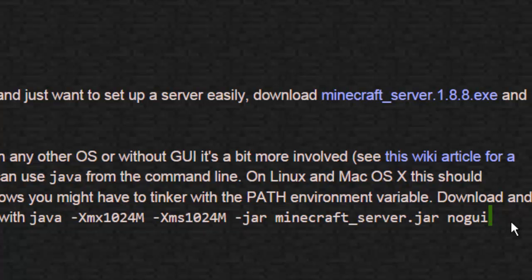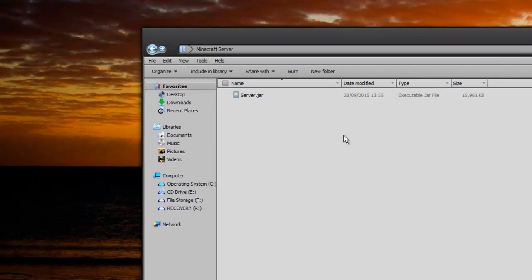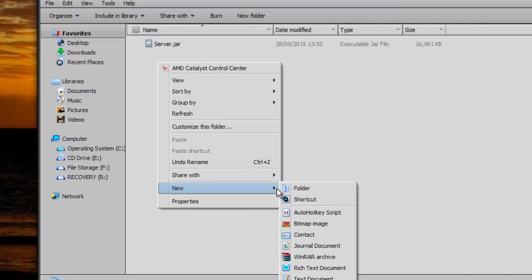Don't copy the full stop on the end. I don't know why Mojang done that. It's kind of annoying because I made many mistakes because of that little full stop on the end, because my server would not run. So once we copy that, we're going to right click, go on to new,